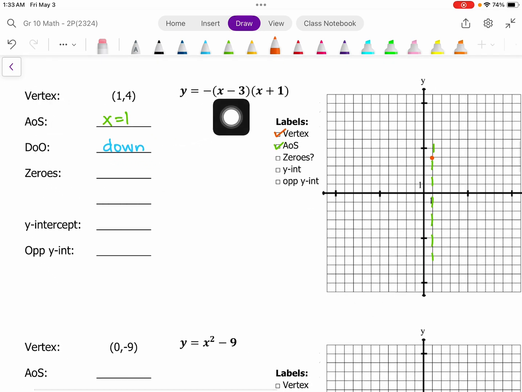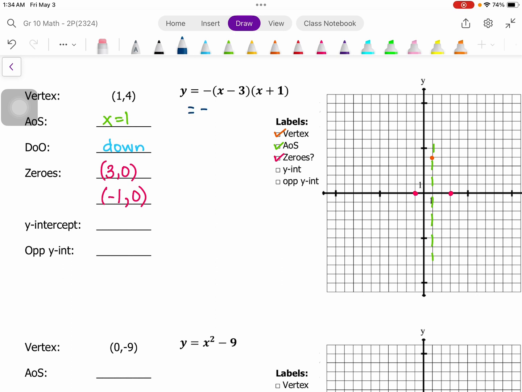Now from factored form I can figure out zeros, so x minus 3 is equal to 0. That happens when x is 3, y is 0. And the other one is a +1, so something plus 1 is equal to 0. That happens when x is -1. So -1 plus 1 is 0. So those are my two zeros at -1, 0 and 3, 0. So I now have my zeros, and to get my y-intercept, I now need to